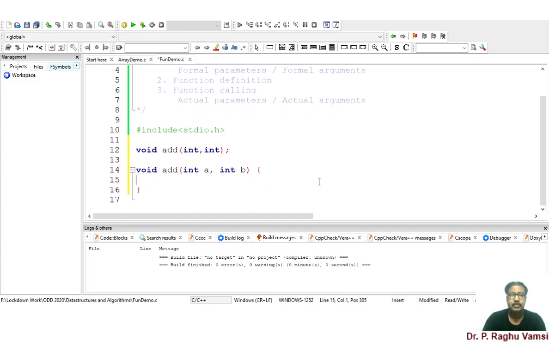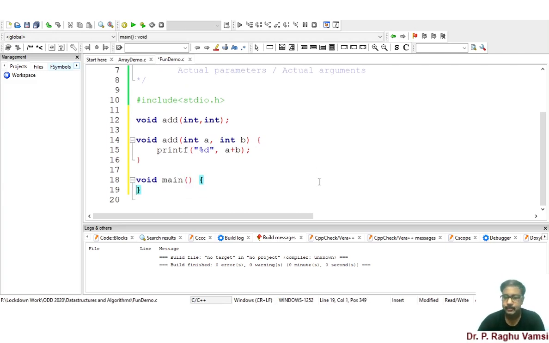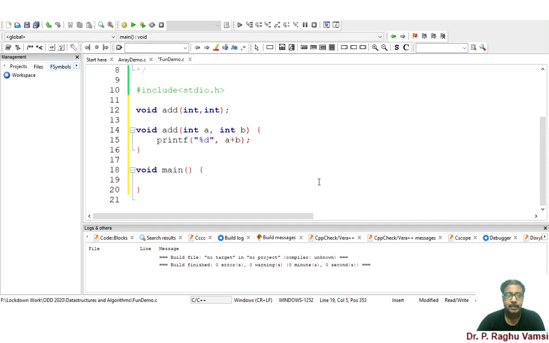So here what I'm doing is simply printf %d, a plus b. This is what I am printing. Next is void main. Either you use void main or int main. Whenever you use int main, you may return some value, like return success or failure.